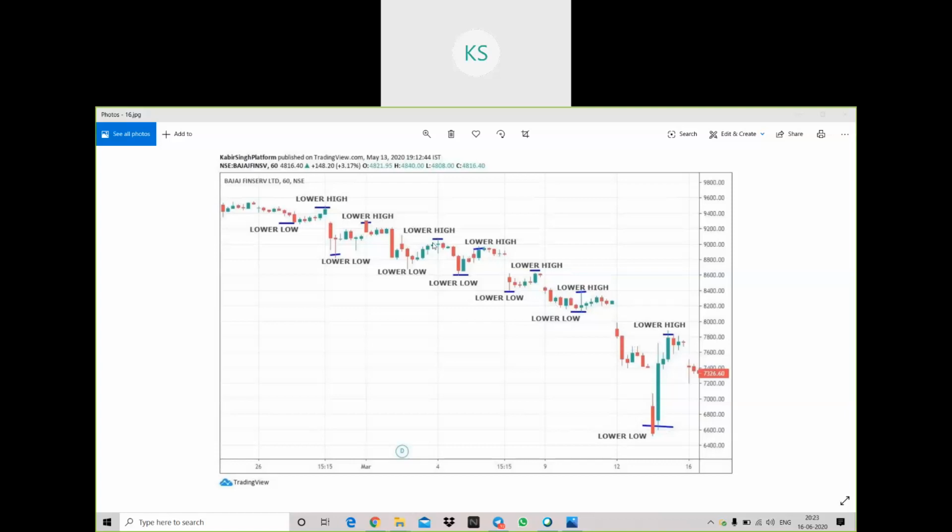Now if somebody wants to trade this after the expansion, or after the stock is in pullback, for example this point here, it was in pullback. When the lower low is broken, you can enter on it, and your SL will be on the higher side. So if you are entering somewhere here, you can keep this lower high as your SL, and you can stay in the stock till these conditions are met. We'll go to one more example.